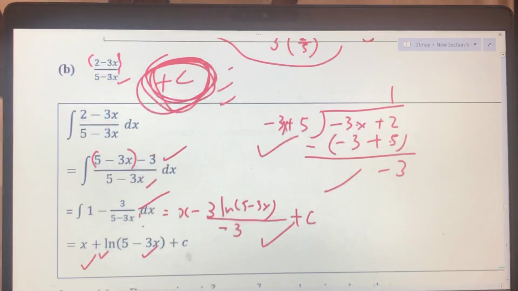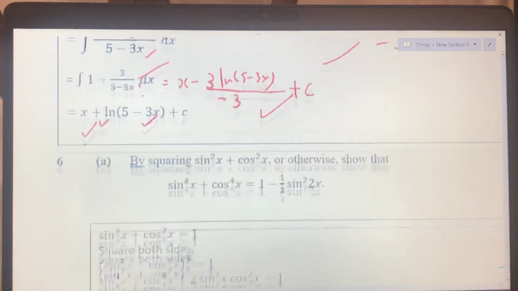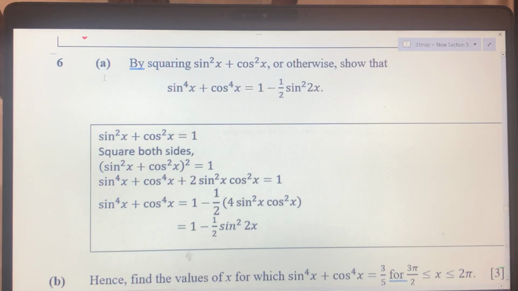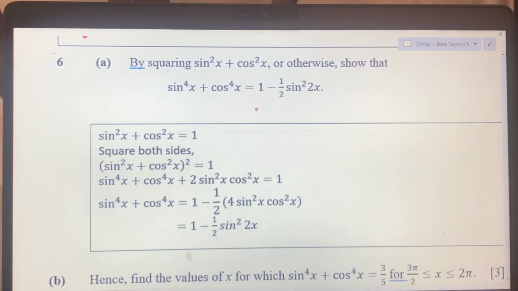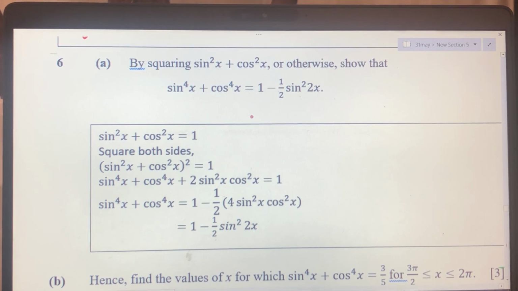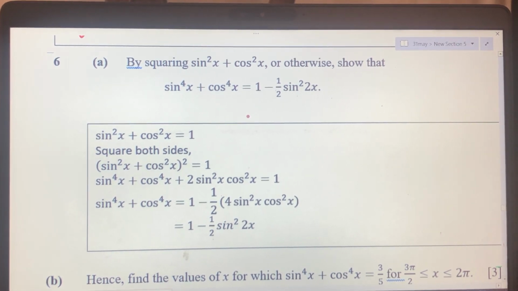It won't come out like that alone, because not many students can see this. Now this particular question number 6 is very nice. It's a very, I mean, the person is very